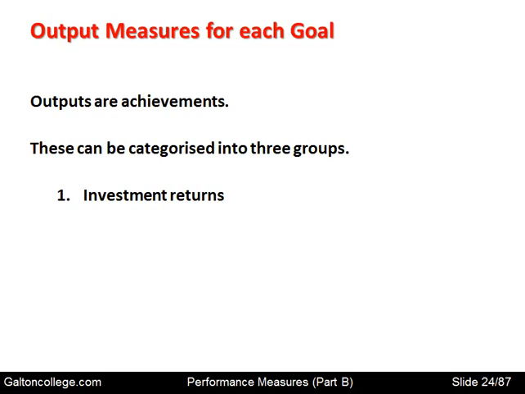For example, investment returns. Well, that's the return on the investments that the company has made. So it's an output. The output of the business yields the return, which is the investment return. But the output could also be related to customer satisfaction, the extent to which the customers are happy with the output of the business. Could be the social impact the business has on the local community or in the local setting. What are its policies related to the local community in terms of transport disruption, noise, pollution,